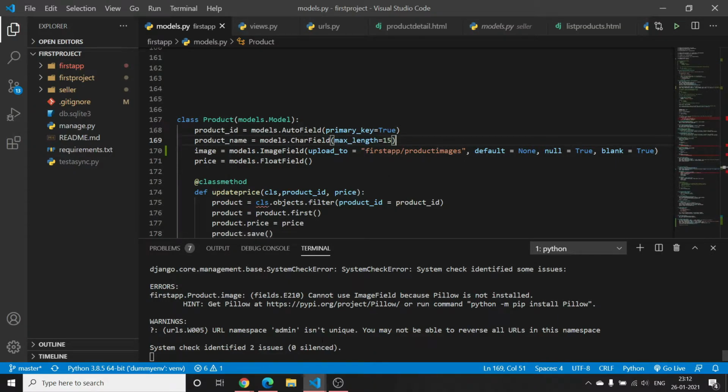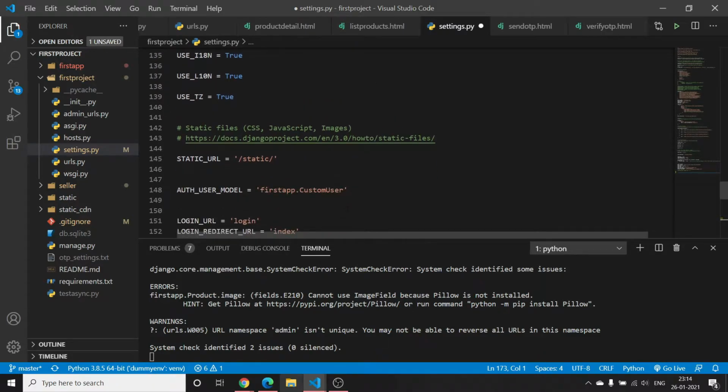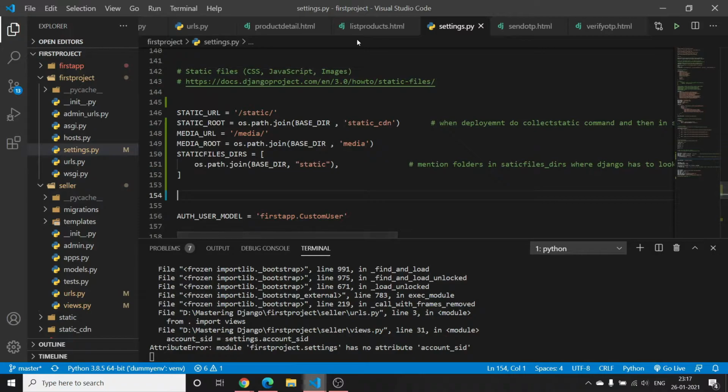And here you have to add some more folders. So I will write here static and static cdn, and in settings.py you have to configure the static file settings here. So I will directly copy paste here, and if you want a more detailed explanation of this, you have to check out my video that I have already mentioned, and the link of that video I will provide in the description box, or I will add an I button here at the top, so you can access it from there. Also in urls.py you have to add something.